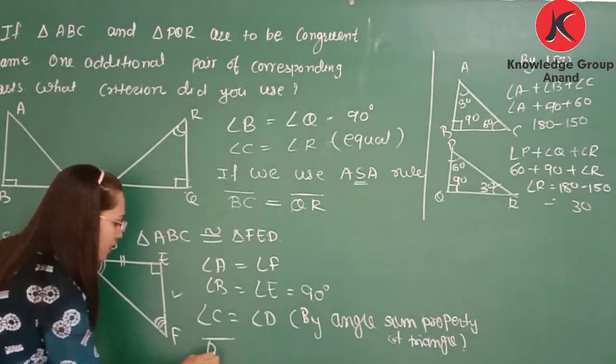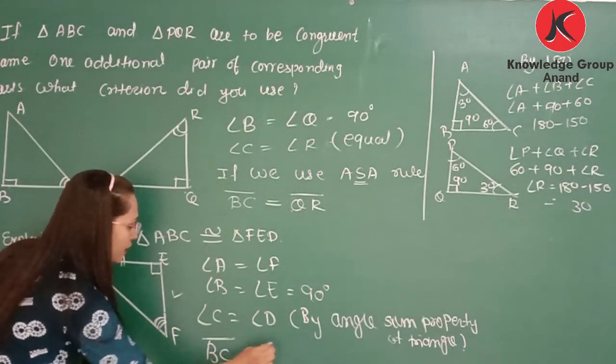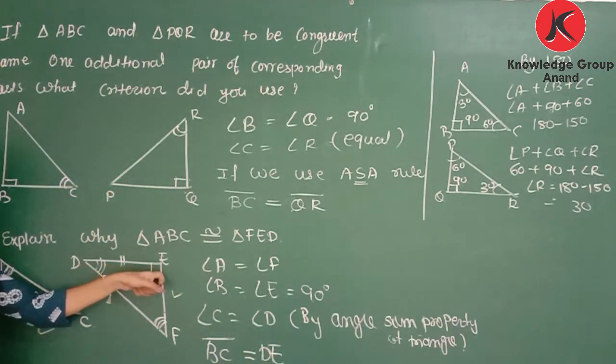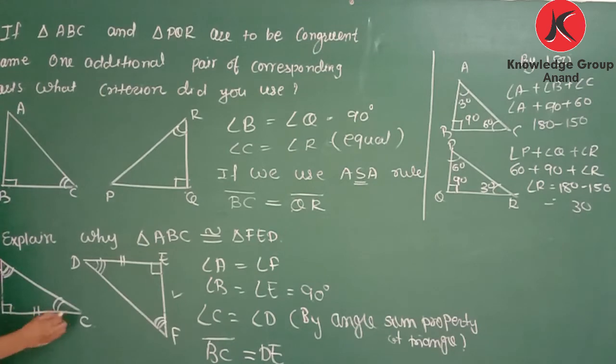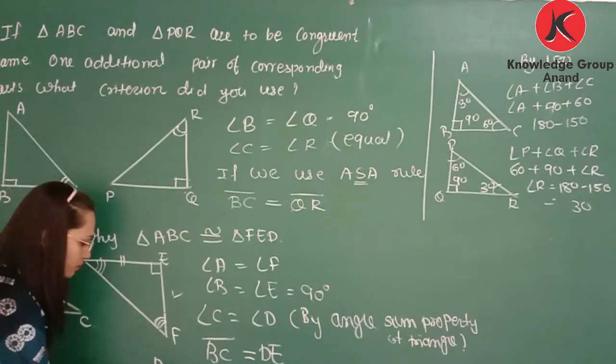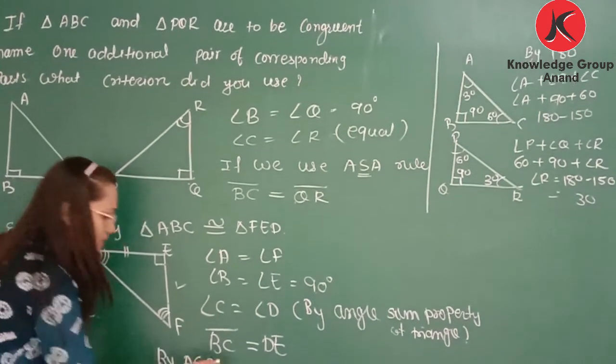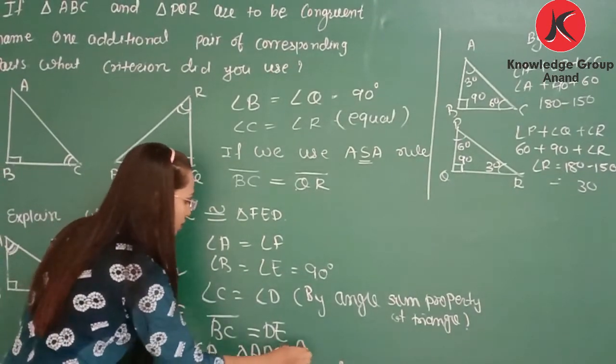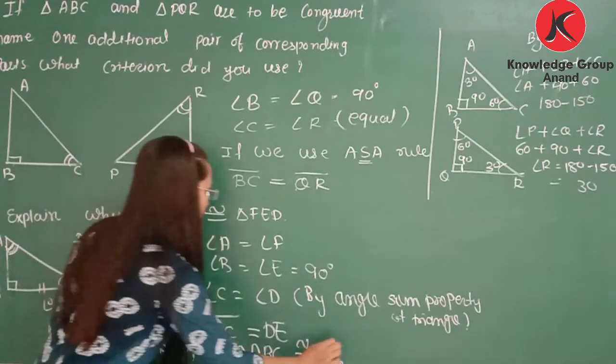So here it is written BC is equal to DE. So using angle side angle criteria, by ASA, triangle ABC is congruent to triangle F